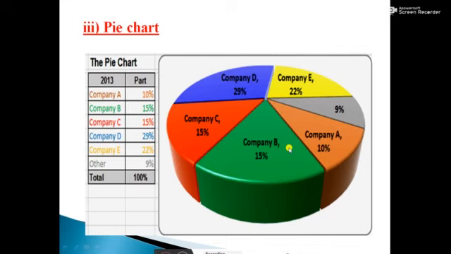Did you understand, student? When can we use this pie chart? If we want to represent only one series of data. Okay. So the part column is the series of data. So here we are using only one series of data.